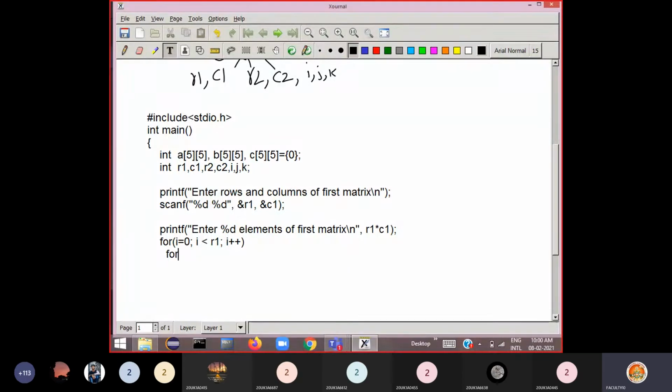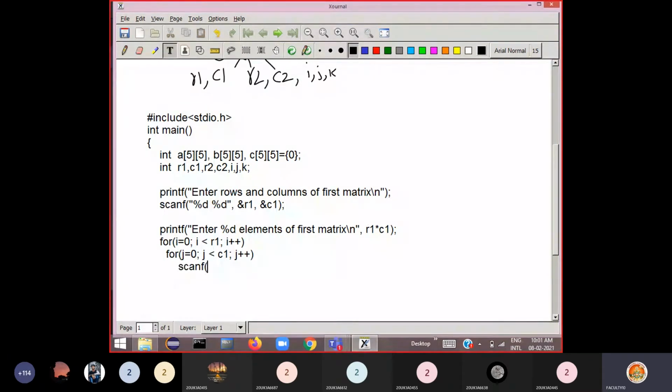Then use another for loop for keeping track of the number of columns. How will we write the second for loop? For j is equal to 0, j less than the number of columns of the first matrix. What is the variable here? This C1. Then j plus plus. Now using these 2 for loops, use a scanf function to read the values.